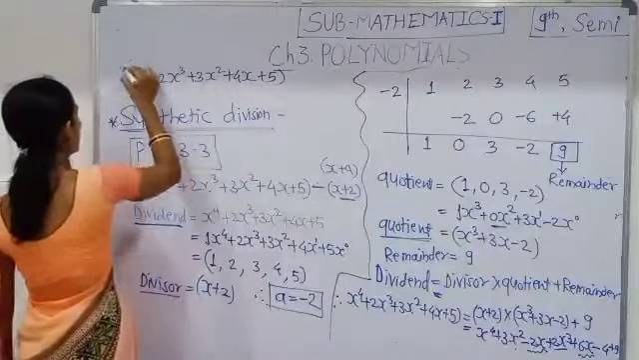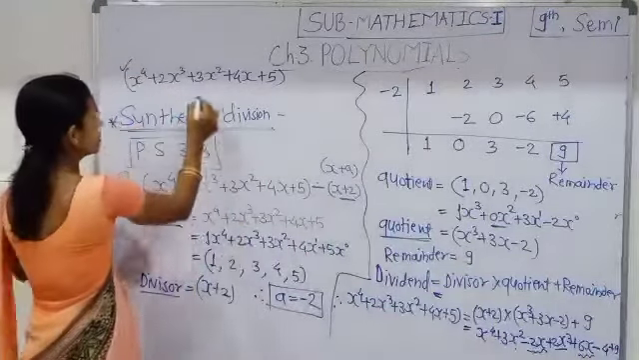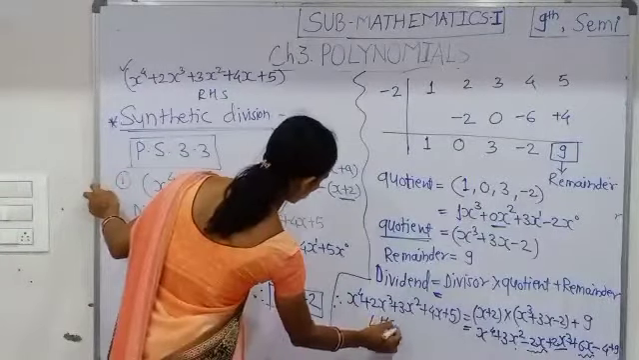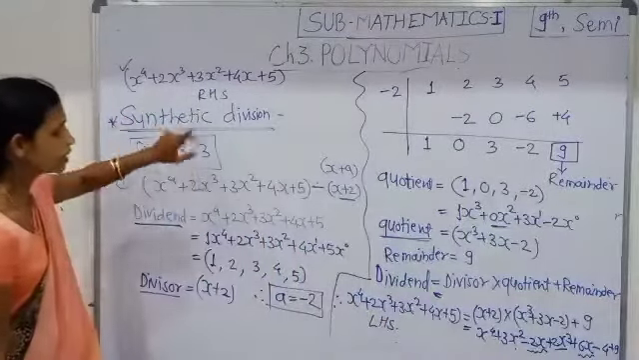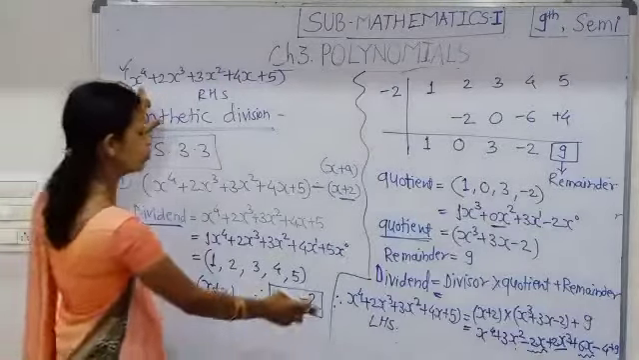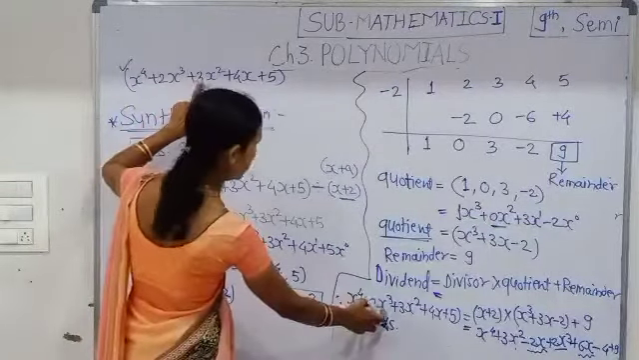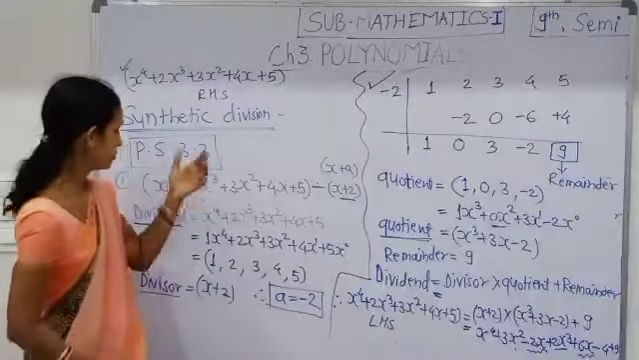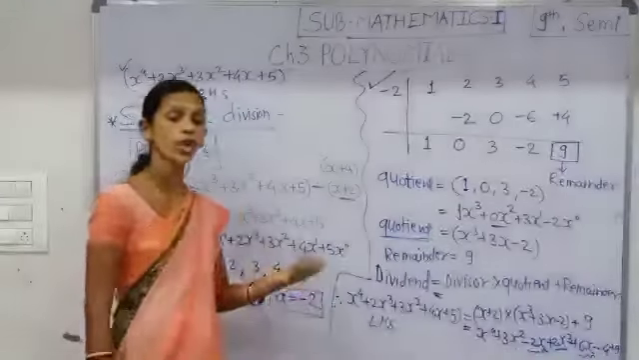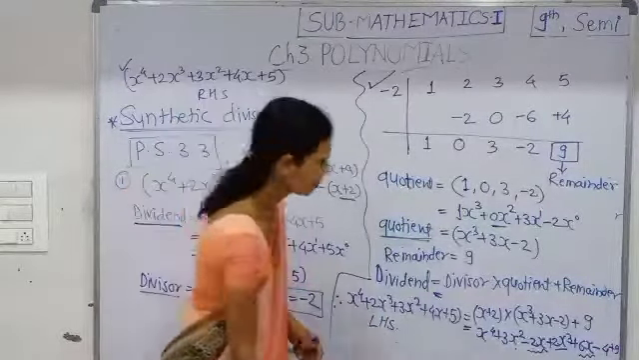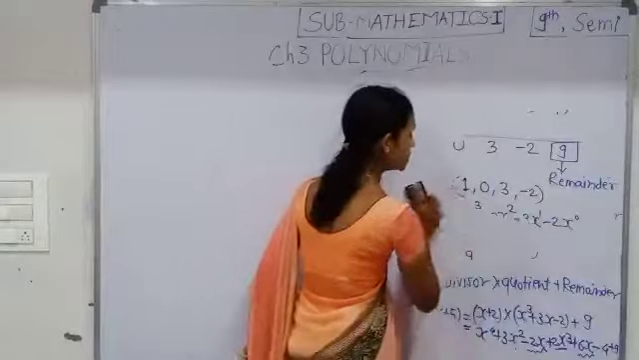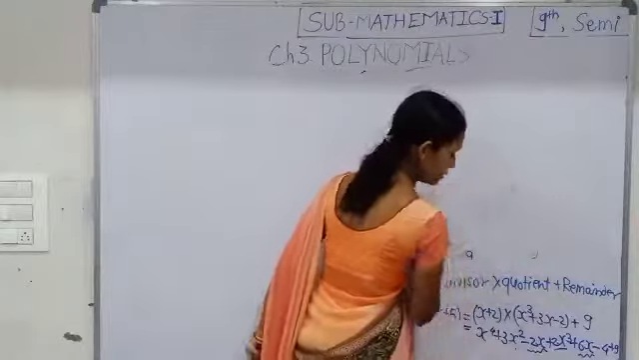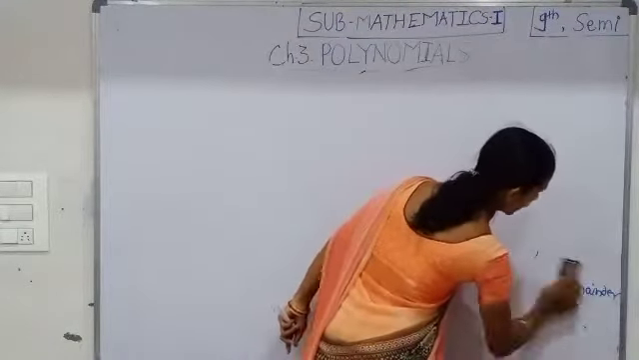Here we get the RHS, which is equal to the LHS. See here, make sure that LHS is equal to RHS: x raised to 4 plus 2x cube plus 3x square plus 4x plus 5. Therefore, the example which we have solved is correct. Then the examples of the synthetic division method of division of polynomials are given in the practice set